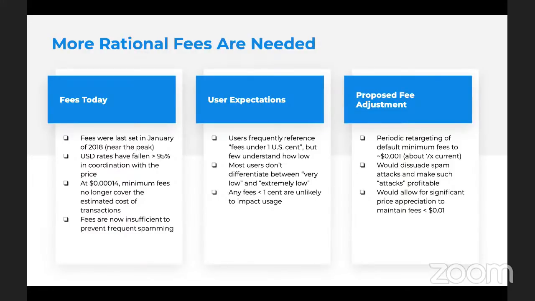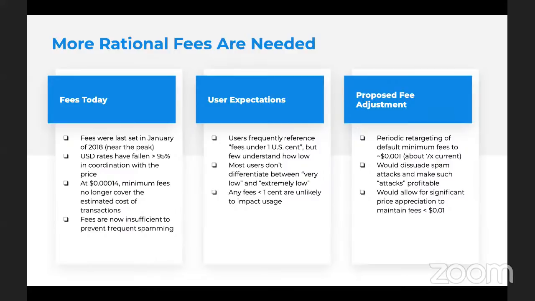It also affects the economics of operating masternodes or other infrastructure on the network, and raises the costs of being able to safely provide services. When you talk to users, they frequently reference that fees are under a cent, but they don't reference just how far under a cent they are. Few people really understand how cheap a Dash transaction is, and they don't really differentiate between extremely low and very, very, very low. And so we're postulating that any fees less than 1 cent are unlikely to impact the type of usage that Dash is